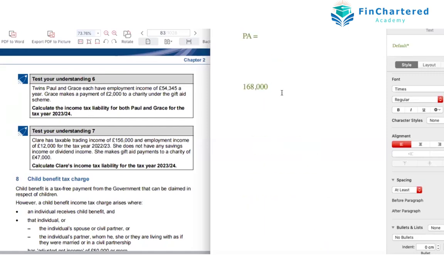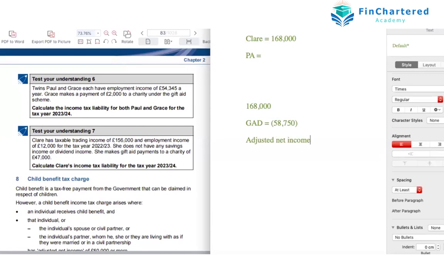from 168,000. So your gift aid donation, I'm just putting it as GAD, your gift aid donation is how much? 58,750. So you deducted, how much is 168,000 minus 58,750? So your adjusted net income,